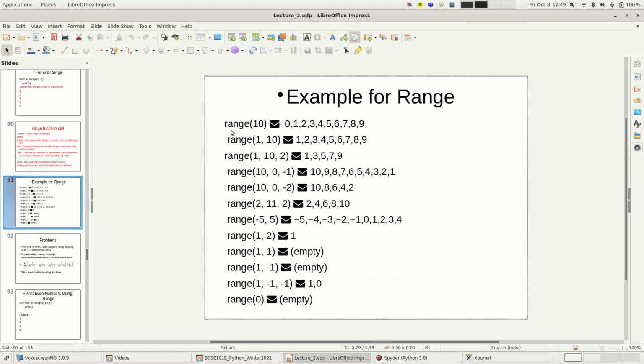Okay, one more thing. I hope you have all looked at all the various ways in which the range function can be used. If you give only one single value, the range function will assume that you are starting with the default value and the step size is 1. So this will go on till 9 because it will exclude the last value 10. Okay, and you can give a step size of positive numbers or negative numbers. If given the wrong conditions, we can also end up with an empty list, that is, it will not take any value. Okay, that is also possible.